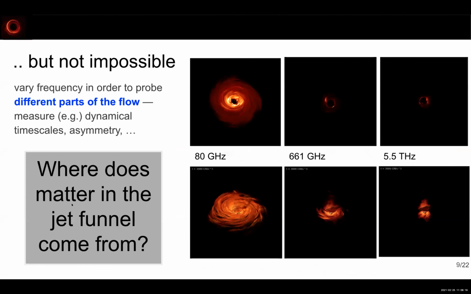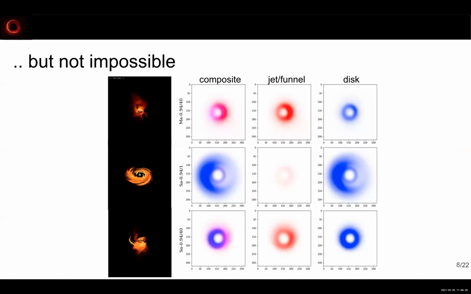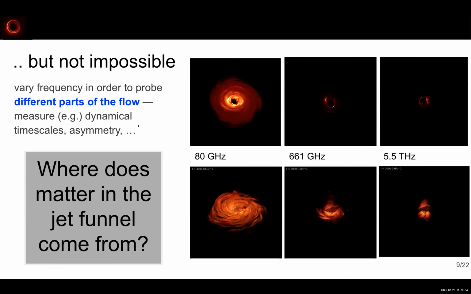And then, in addition to just looking at different models, you can also say, okay, if you look at different frequencies, are you probing different parts of the flow? So maybe if you're looking at the 230 gigahertz image for a particular MAD model, you might only see the funnel. But if you then go to different frequencies, you'll start to see the disk region and so on. Anyway, all of this is to set up the question that I think is